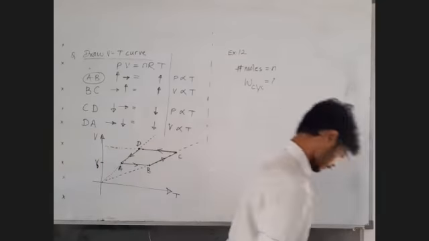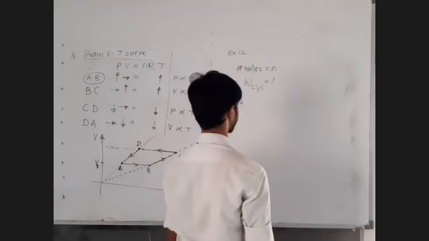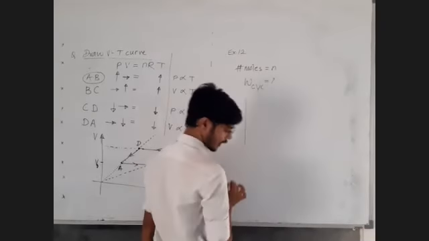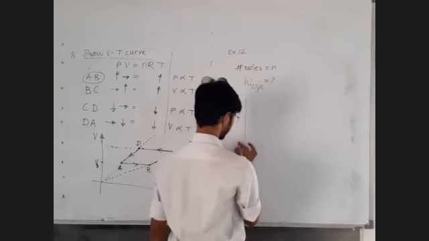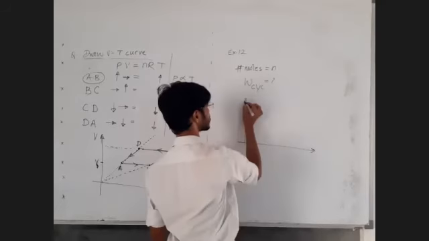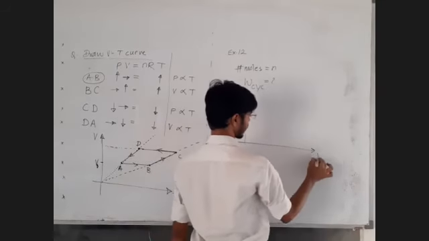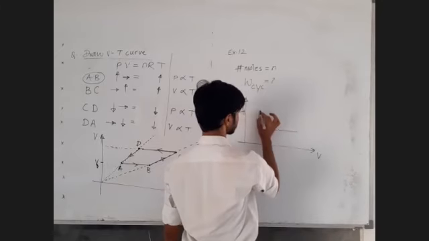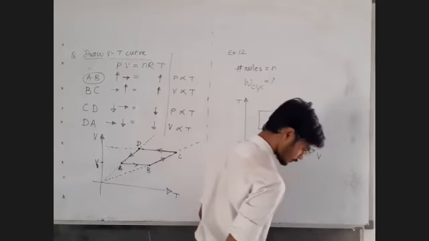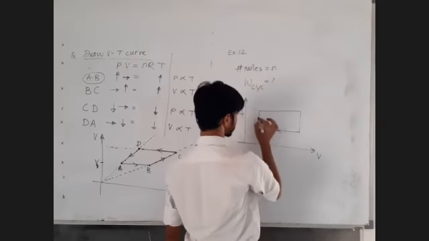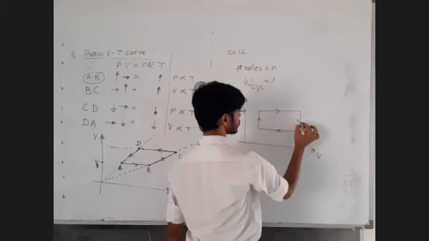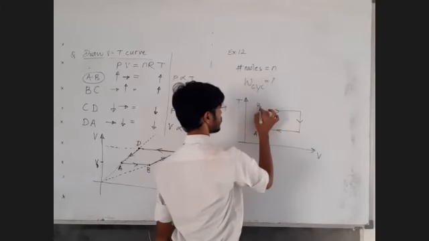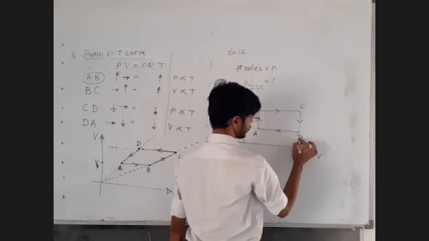So some temperature volume curve is given to us. Let's see if any other data is given. No, only the temperature and volume curve is given. Now we are not given a pressure volume curve, we are given a temperature volume curve. It is a rectangular, clockwise curve. This is point A, this is B, this is C, this is D.